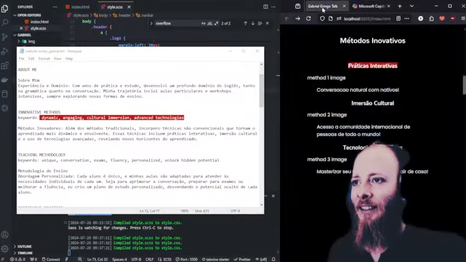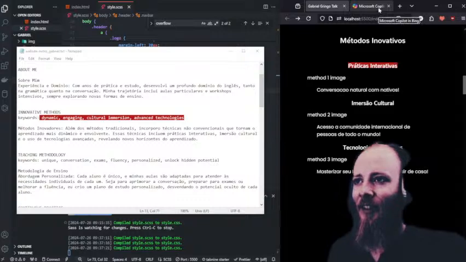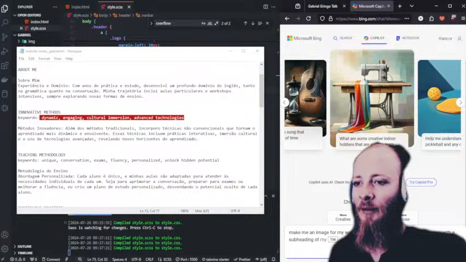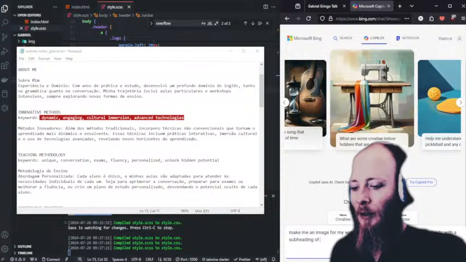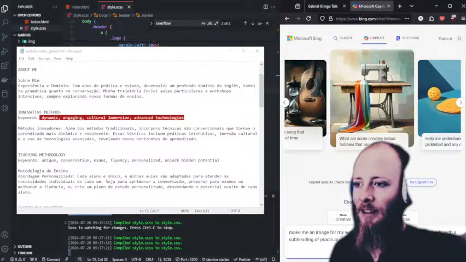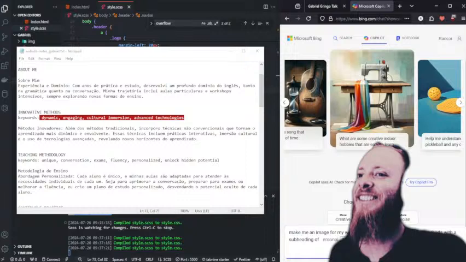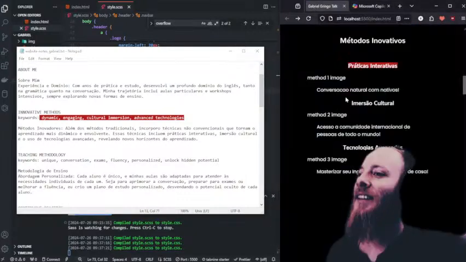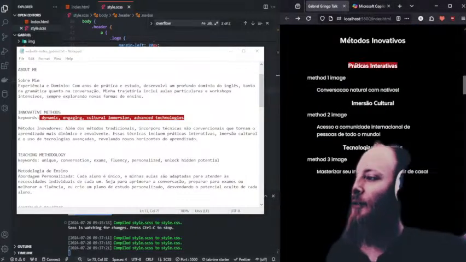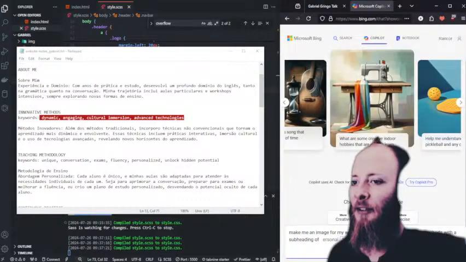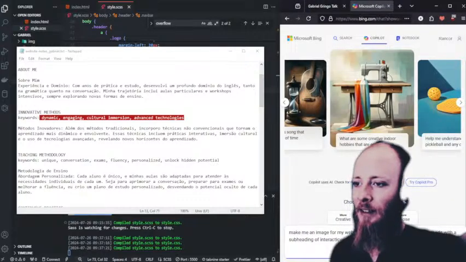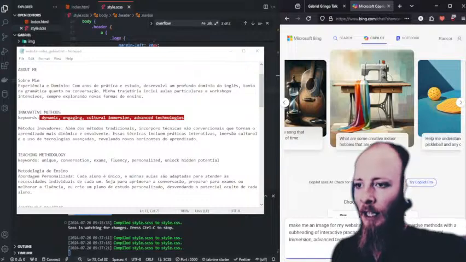No, section called innovative methods, with the subheading of what is this? This is tough. The thing is practice I think it's interactive practice. Yeah, interactive. Subheading of interactive practice. Okay, make an image. Okay, and now keywords, and then